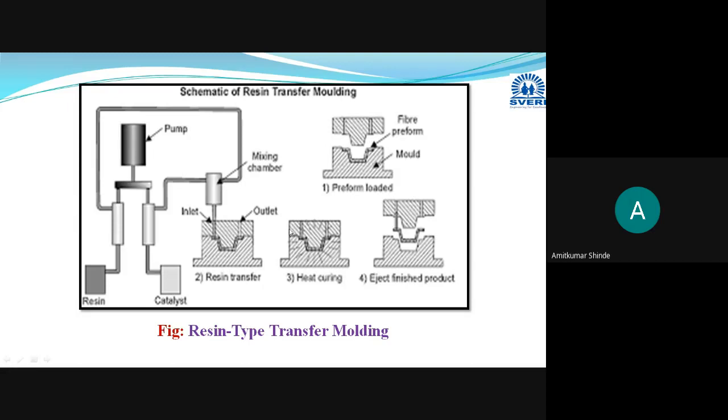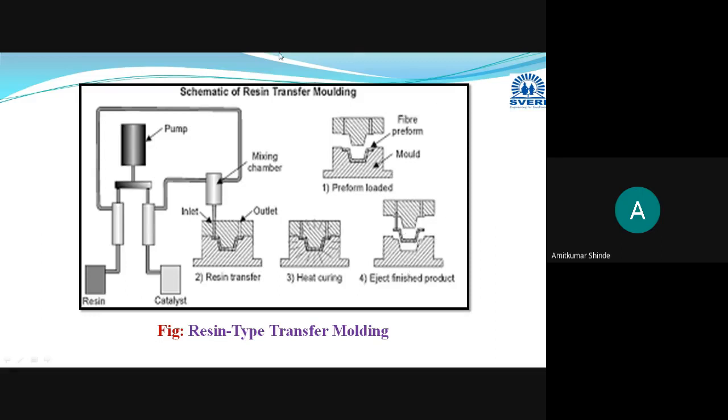This mold is closed, where it is heated using a suitable heating arrangement, and that heating arrangement is also automated here. After providing sufficient cooling time, this mold is opened. When this mold is open, automatically with the help of these inlet pins and outlet pins, or you can say these are knockout pins, the final finished part is ejected from the component.